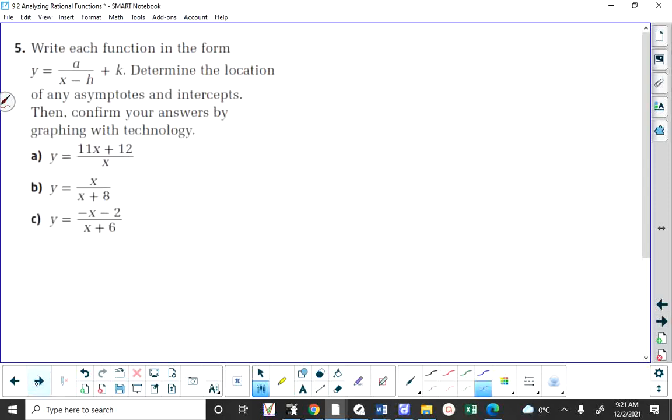So we have to write x over x plus 8 in the form where we have a, h, and k. And traditionally how this is asked on an exam question is I give you that function and I say, what is the series of transformations that it needs to undergo in order to get x over x plus 8 from 1 over x. So we're trying to convert x over x plus 8, Ryan, into a over x minus h plus k. Now, there are different ways that you could do this, but the way that I've taught you is to do synthetic division